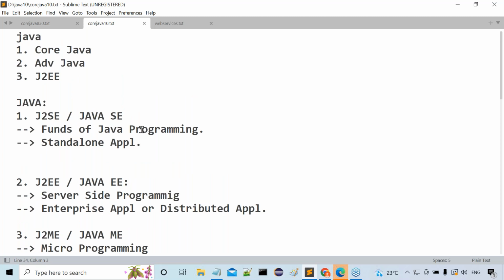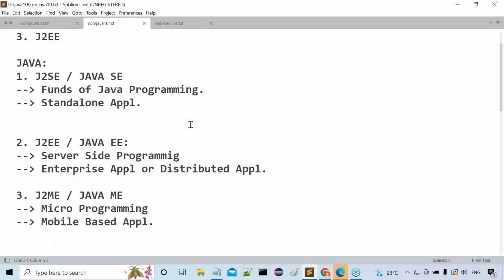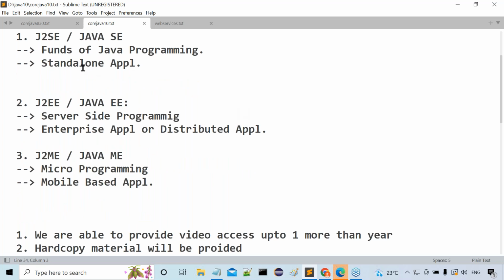Now tell me, how many parts are available in Java? Three parts. J2SE, J2EE, and J2ME. Now tell me what the J2SE part will cover. Fundamentals of Java. By using fundamentals, which type of applications are we able to prepare?